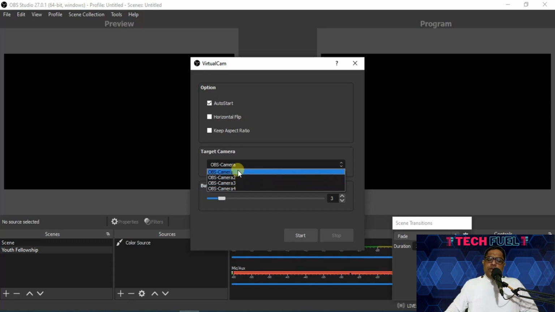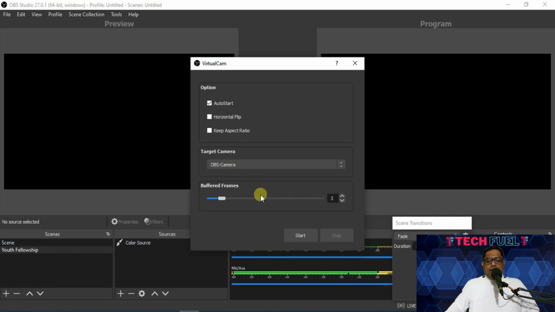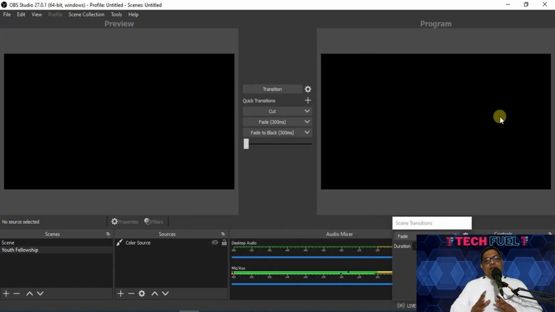I usually choose OBS camera, and buffered frames, let it remain at the default of 3, and you have clicked auto start, so you don't need to worry about starting this virtual camera every time that you open up this OBS. Every time you open the OBS, it will do its work, and you press start. That is it, and you close this. There is nothing else to be done.